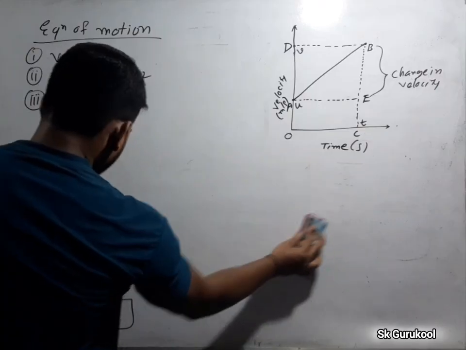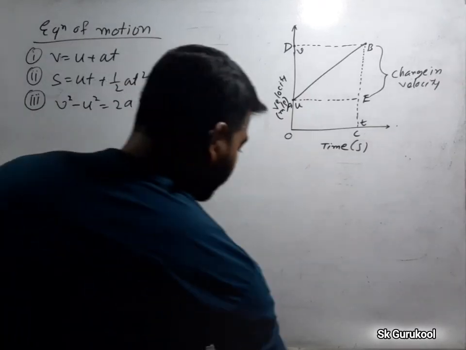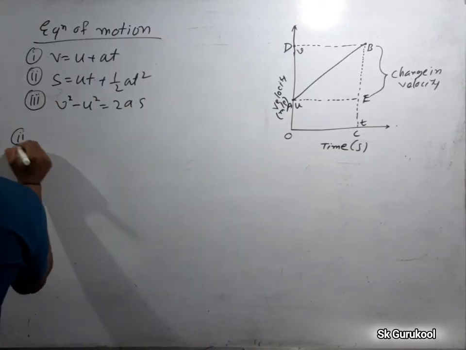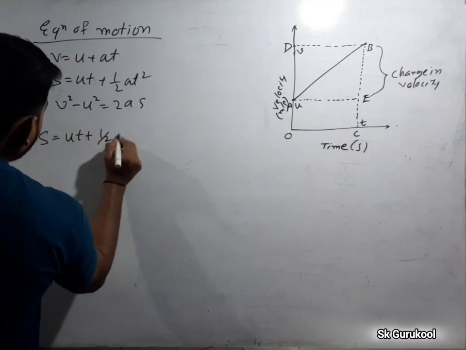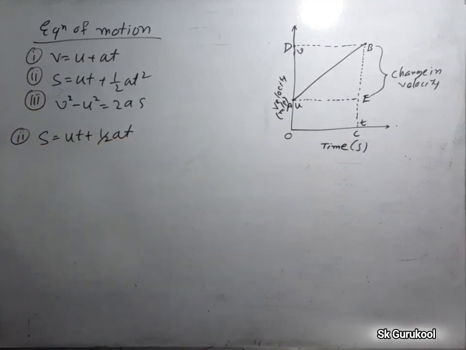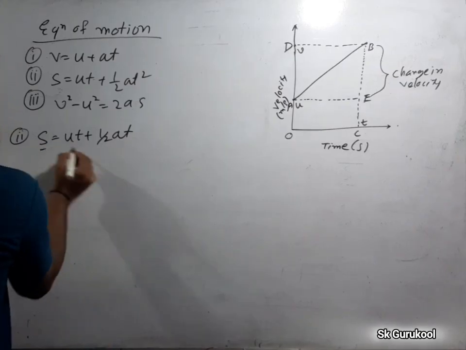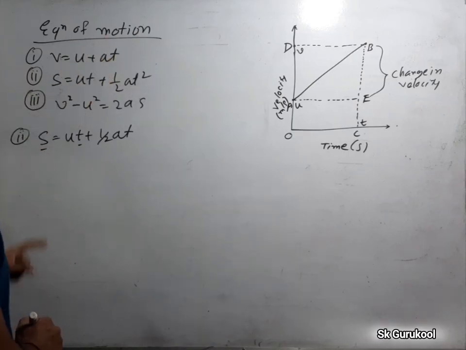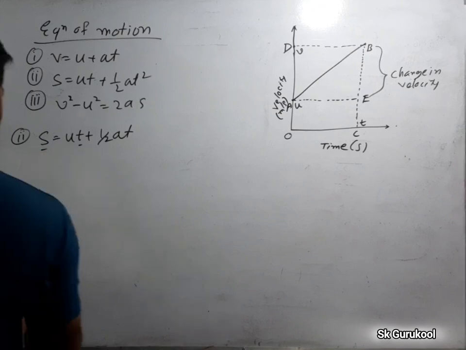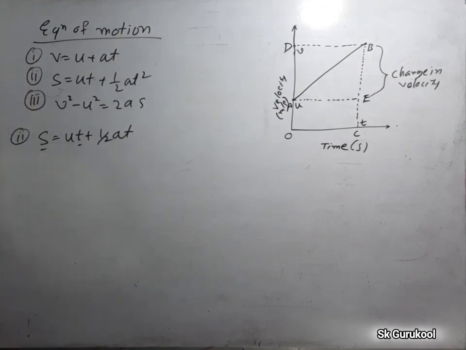Next I am going to erase this one and see the next formula, number 2. What is our second formula? s is equal to ut plus half at square. It has another name, it is called position time relation, and the first one was velocity time relation. Position comes from s and time comes from t. So how can you find out this formula? See,